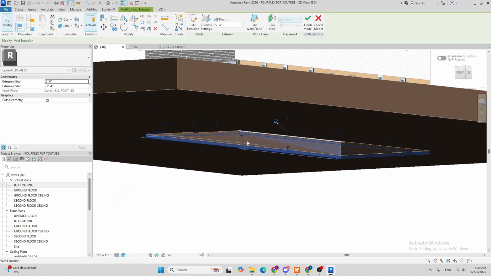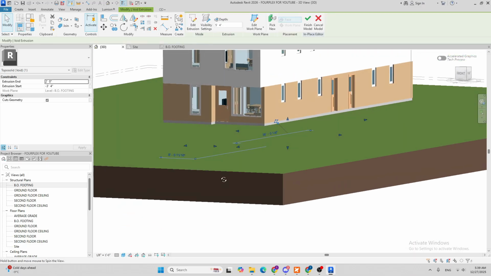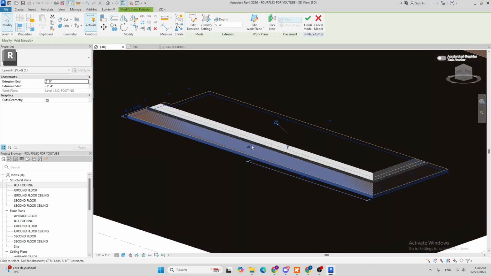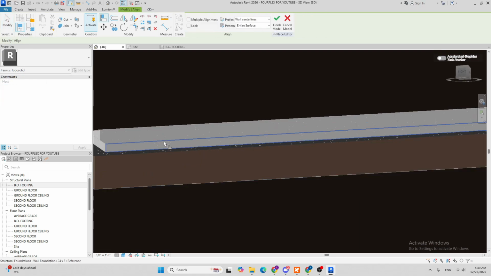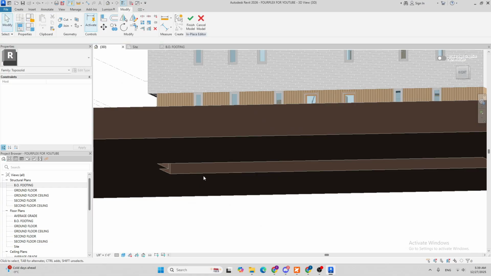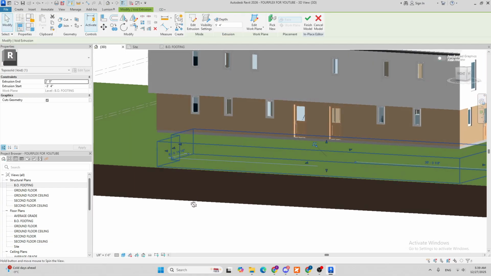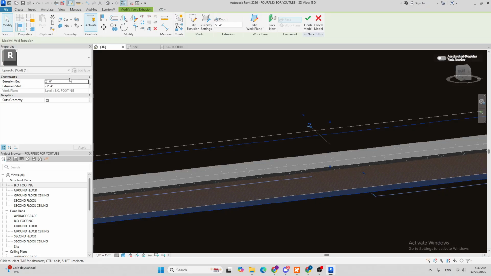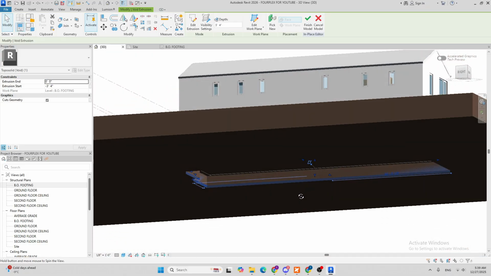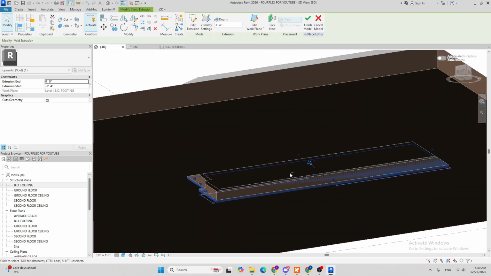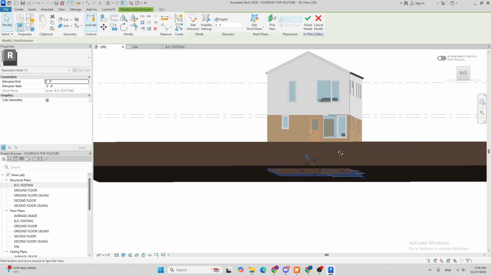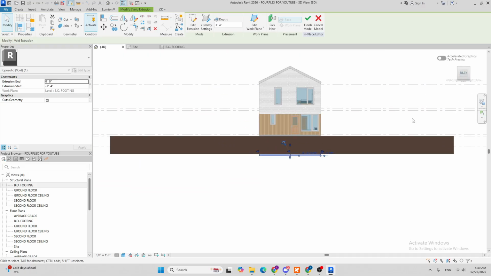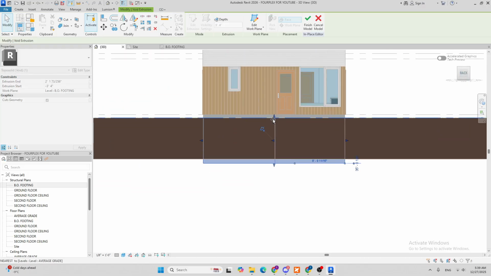So I'm gonna click that form, and let's see. I'm gonna align it so that it's aligned to the top of footing. So AL, and I'm gonna click this one. And let's see if there isn't. So I'm gonna have to manually do it. Okay, let's hit 0 here. So it's below. Huh, okay. That's weird. Let's go here. Let's click this back here. Drag this one up here. So that it's aligned to the